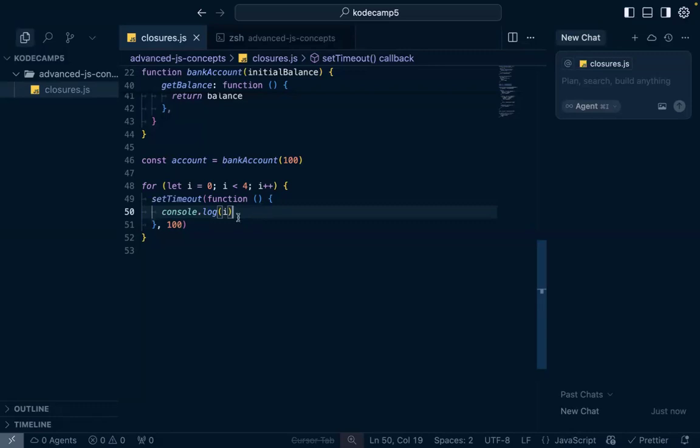So all those times, this function is capturing the variable i. Because remember, anytime a closure is called, it always has access to the unique copy. Before this setTimeout is called, the for loop is done running. So the function here captures all those local variables in its outer scope, which are the times we have i to be